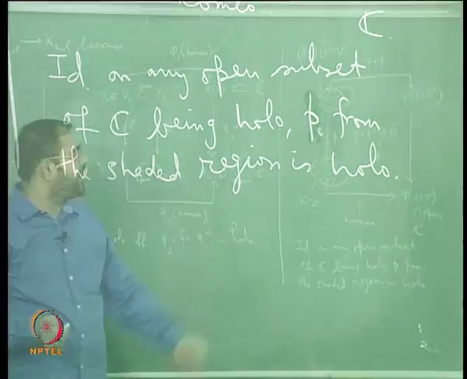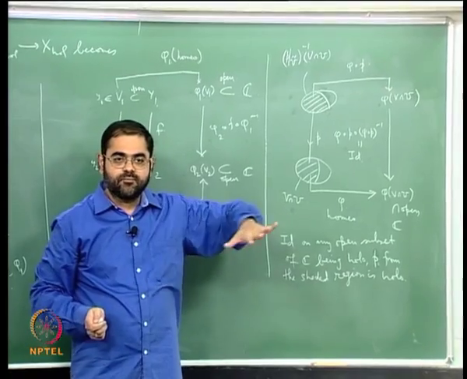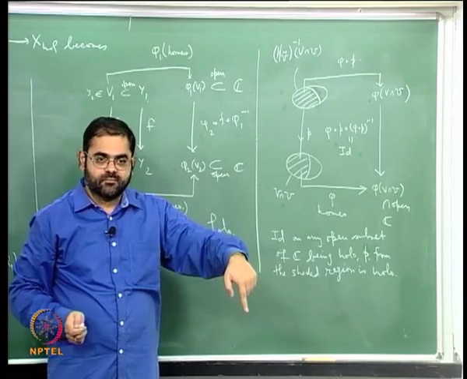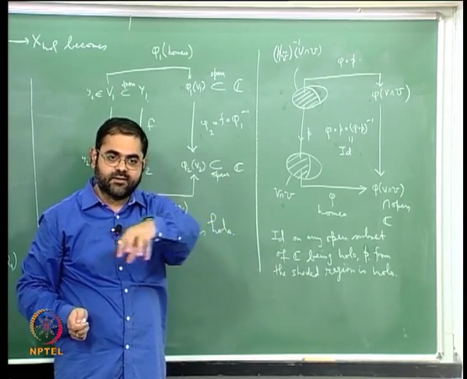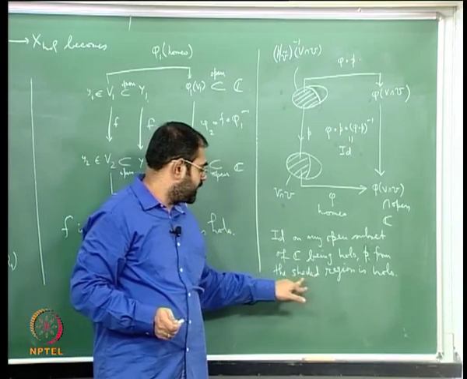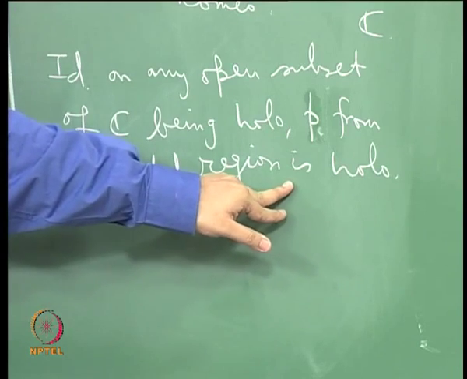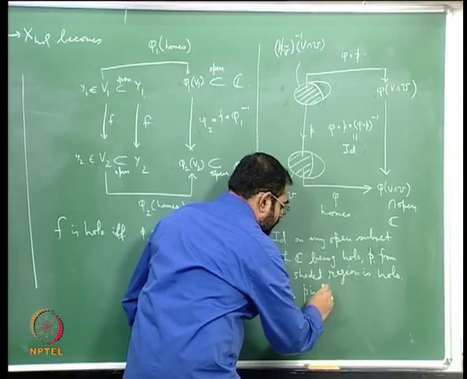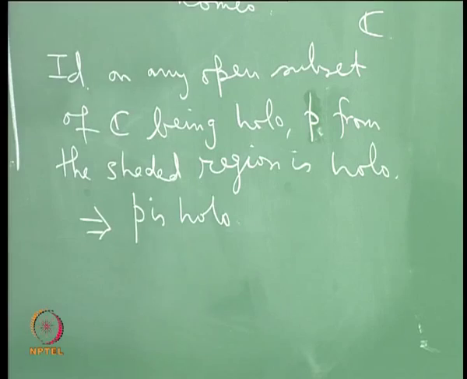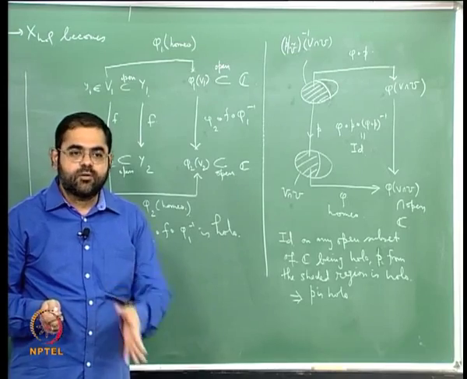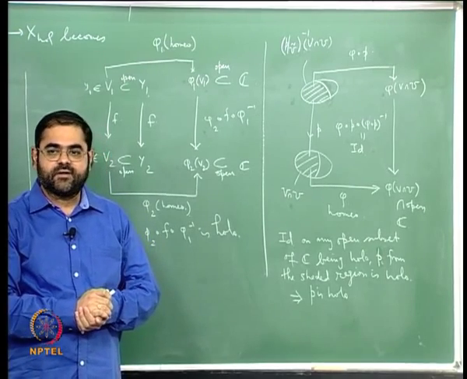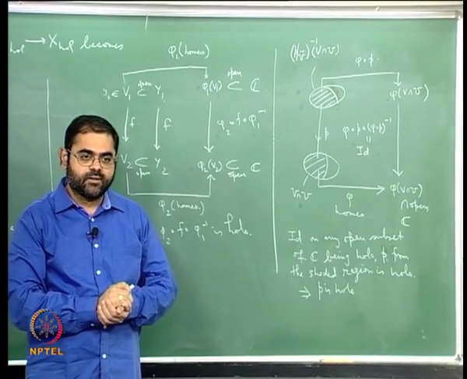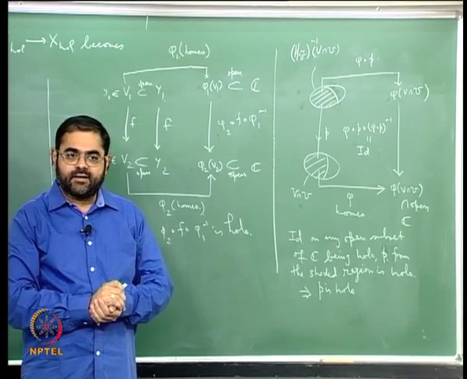So I can cover the space above by such shaded regions, so P will be holomorphic everywhere. To check something is holomorphic, I have to check only on a cover. So P restricted to the shaded region is holomorphic, and that will imply that P is holomorphic. In fact what it will tell you is P is locally holomorphic. If a global map is locally holomorphic, then it is holomorphic,